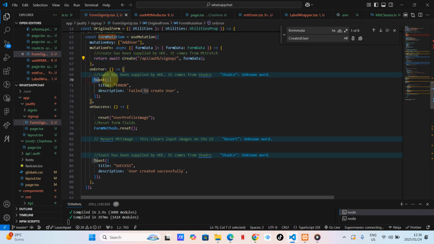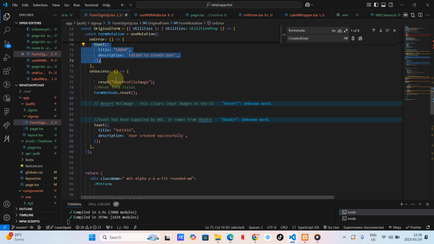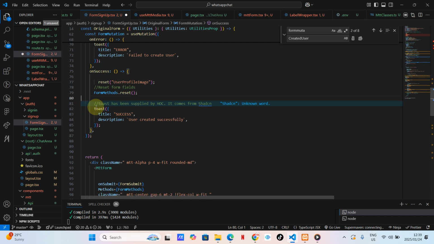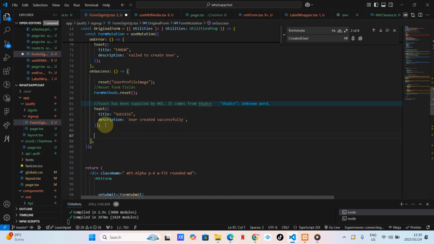If there's an error, we display a toast error. If everything is successful, first we reset the image, we reset the form, and we don't need these comments. And then, after this toast, we need to reroute